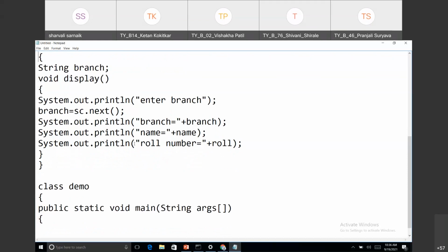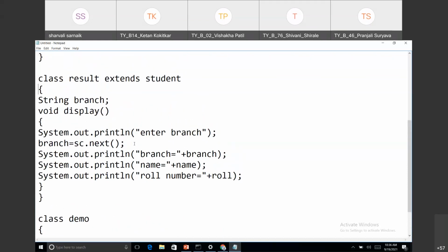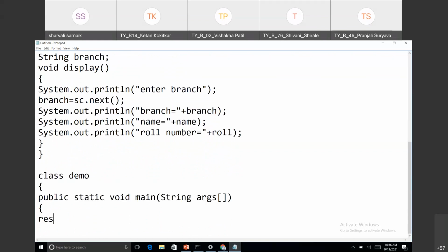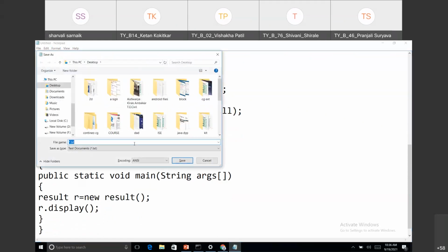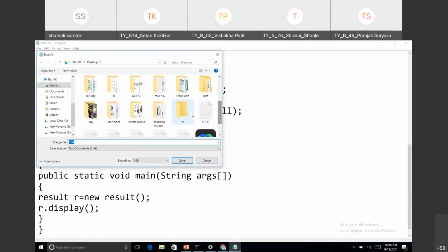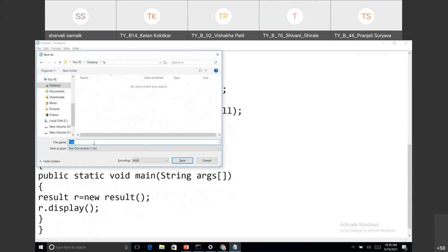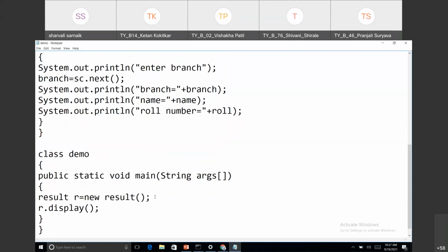The derived class object. So the derived class is result. So I'm creating an object of the class result, and with the help of that object, I'm calling a function of that result class, which is the display function. Okay, so this is my class. I will save this as Demo.java because Demo is the name of my main class.